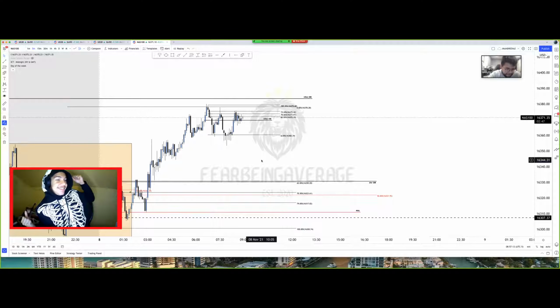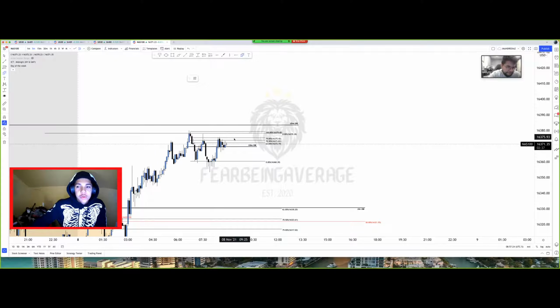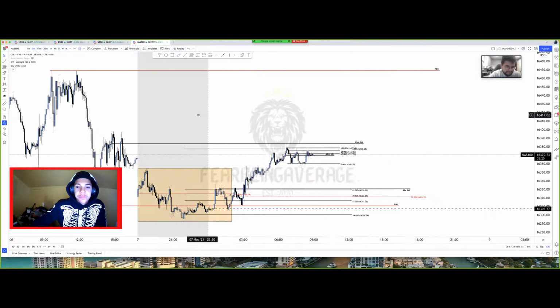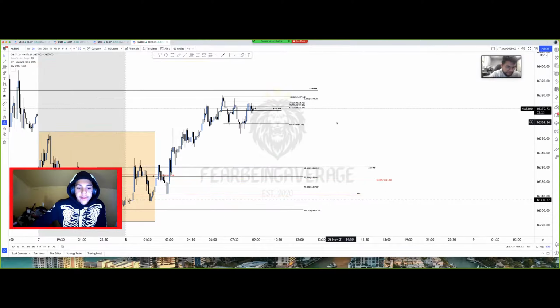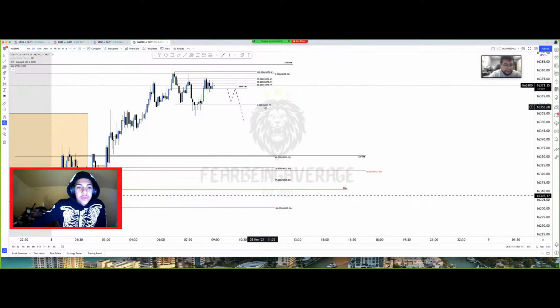Oh, shit. The only thing with NAS though is I just don't want 9:30 to have this spike, clear the liquidity, and trade into the 15-minute order block, because that would suck, and that's going to stop me out for sure. That's why I want to wait for price to really show it wants to drop lower, because once it starts to drop lower, I could look for a retracement easily back to this area. So that's what I'm going to do. If I don't get it, I don't get it. I ain't going to rush nothing on Monday.